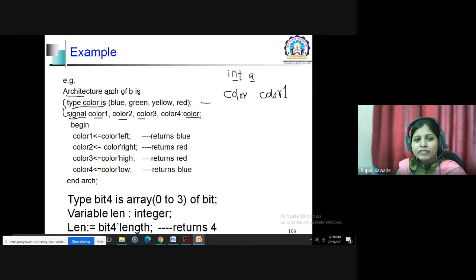So color 1 is equal to color tick left. For this type, its left value is blue, and the right value is red. In case of high, it is red, and low is blue. High, upper, and right, both will be similar.